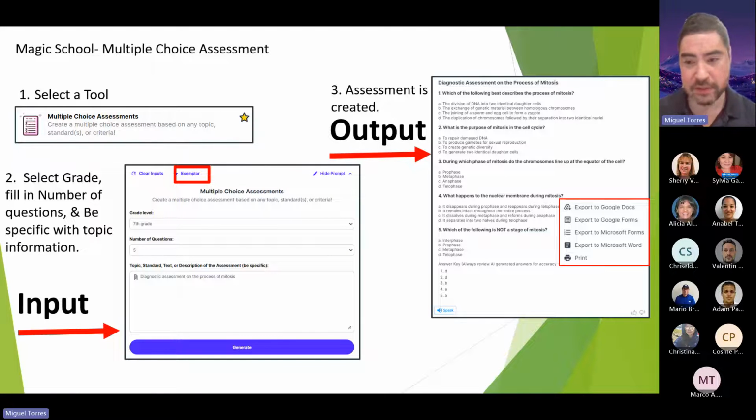Whenever you do export things to Google Forms and Microsoft Forms, the answers are already embedded. So whenever the student answers, you get instant feedback right away. It takes 5 minutes to take 5 questions, you already have it scored, you already have everything saved, and then you can put it in your grade book. And you can give the students more retries depending on the settings that you want. All right, so that's how you do the multiple choice assessment.